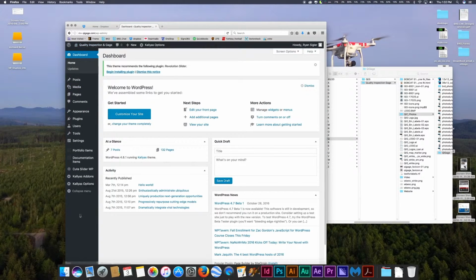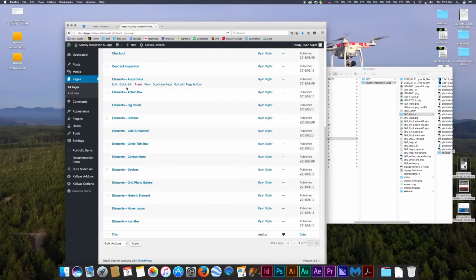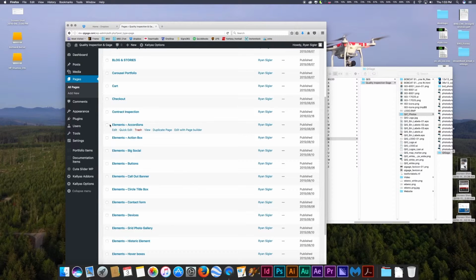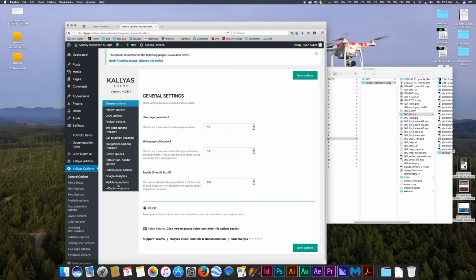on the left side over here is going to be your dashboard. This is basically the entire admin section. I'm not going to show you much in here, although you can go to your pages and see there's a bunch of random pages in here. But all the pages that you guys or I use for your website are in here. Automotive, about, contact should be in here somewhere. But anyway, you don't need to know a whole lot about here. There's theme options, color options, etc. All that's in here. But again, what you're going to do is hit Visit Site up here